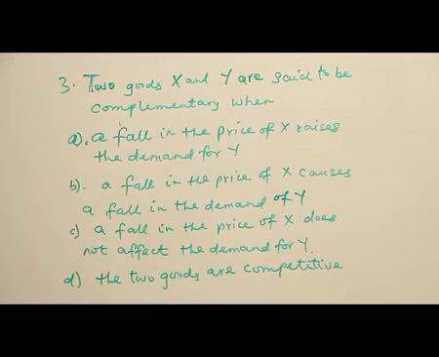Option B cannot go because for complementary goods, a fall in the price of one will bring about an increase in the demand for the other one. So this one is not related to complementary goods. Then C, a fall in the price of X does not affect the demand for Y, is not right. Then D, the two goods are competitive. In the question we are talking about complementary, not competitive. So the right answer now is A. A fall in the price of X